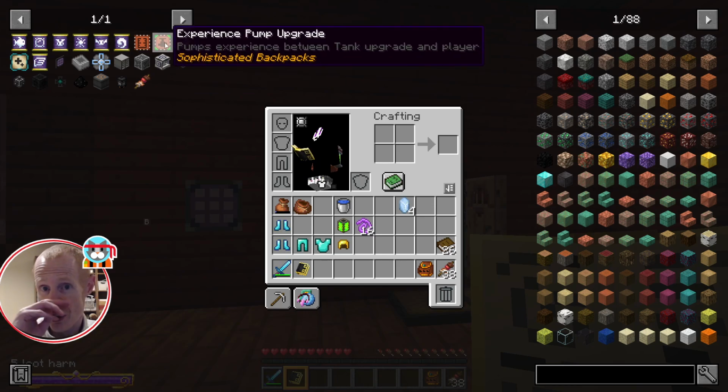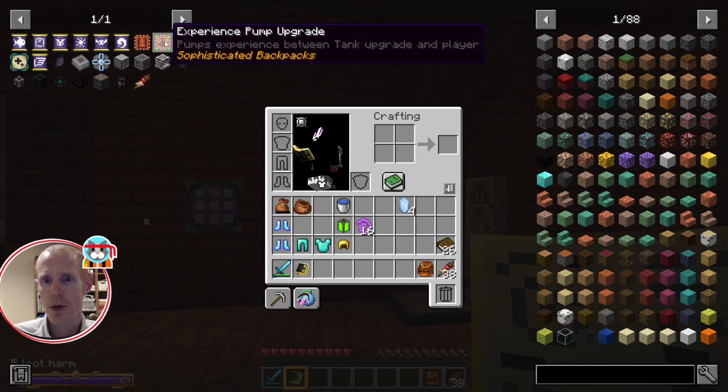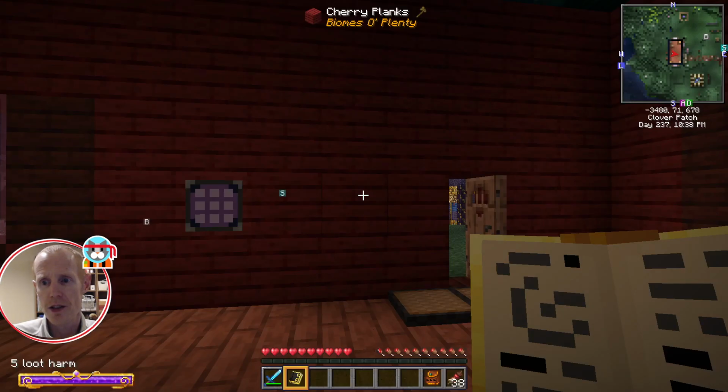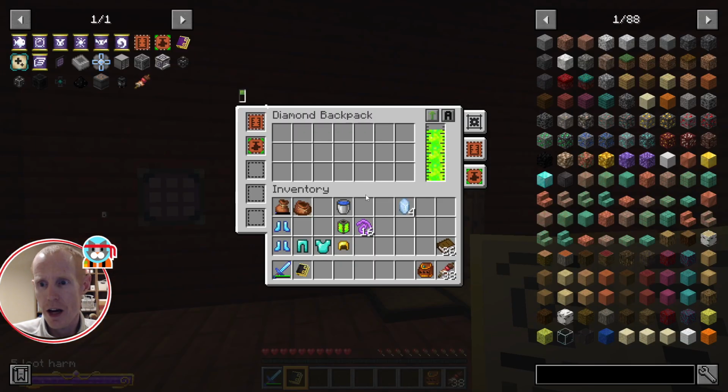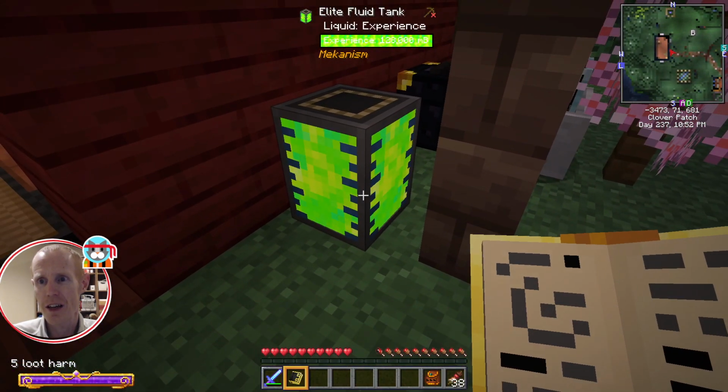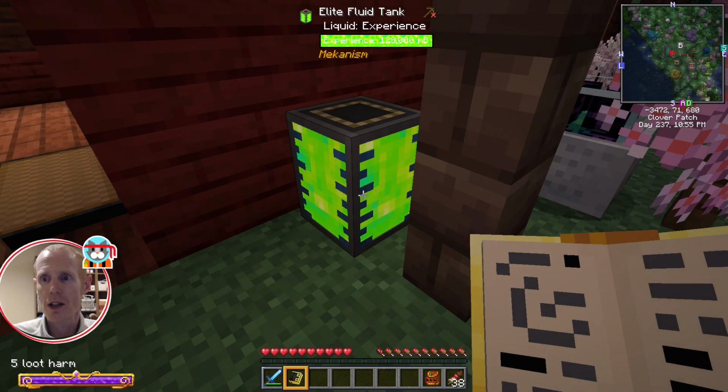Once I killed the dragon and came back though, I found a diamond backpack, or actually I found 2 diamond backpacks while I was flying around out there, so I quickly stored up all of my experience in my backpack. I just put a tank upgrade and got the experience pump upgrade. It's a little bit of a rabbit hole to get the experience pump for your backpack, but it is super handy because I now have all my experience stored up, and all those deaths I took in the nether really only cost me my thing, and I've built up a huge backlog, so